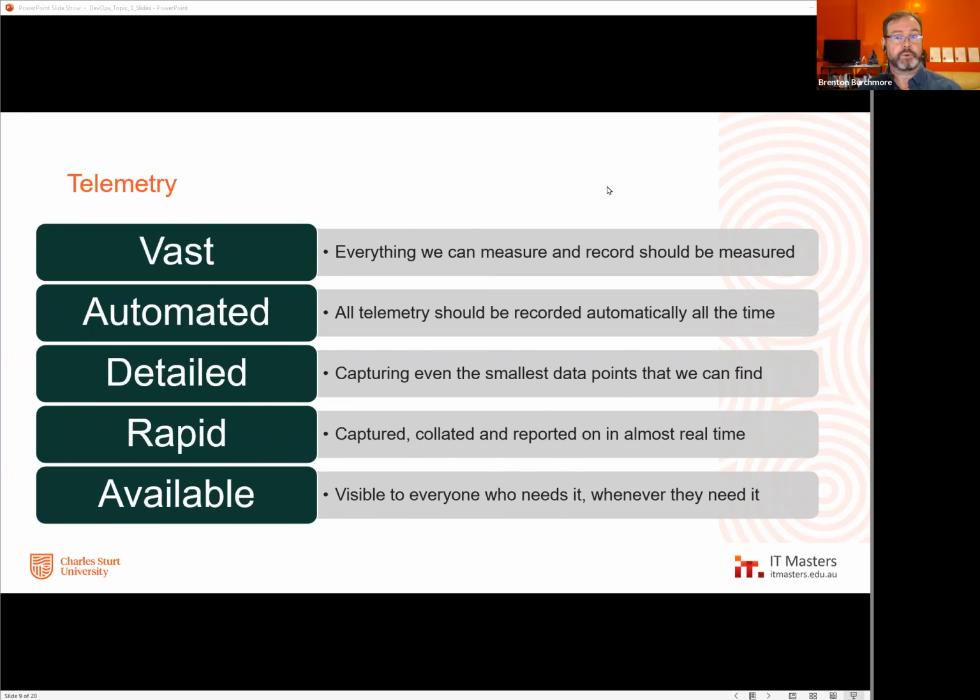Ops aren't going to go through the logs and be able to say, well, this little piece of this little code caused this interaction with this. That's what the devs need to do. So telemetry is as much for the role of developers as it is for the role of operations. It's another factor that tightens the loop between them.